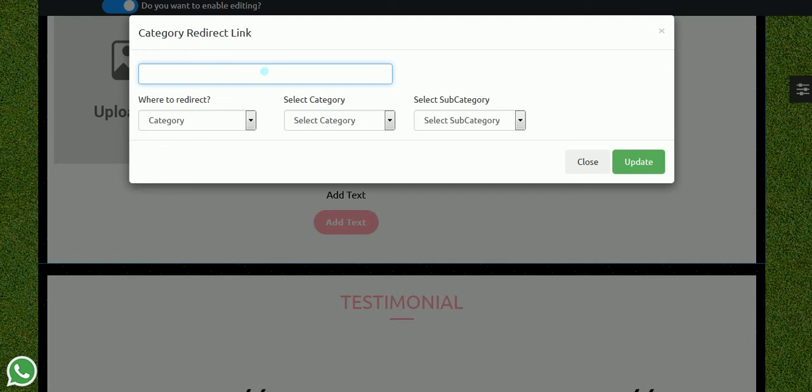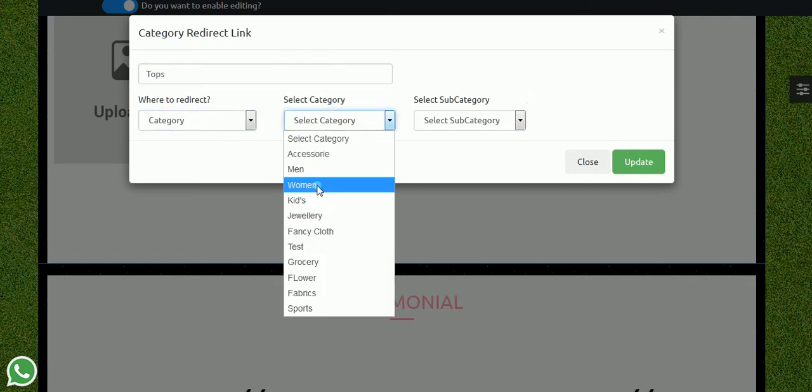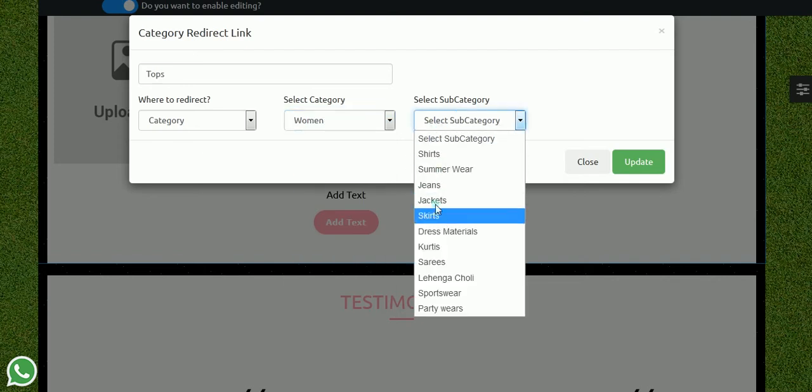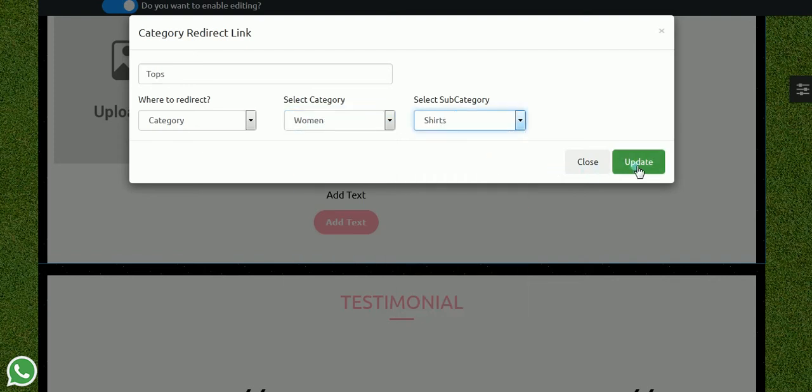And if I want to redirect the link, and if I want to redirect it to any specific category or any URL, I can put that as well. I'll just update it.